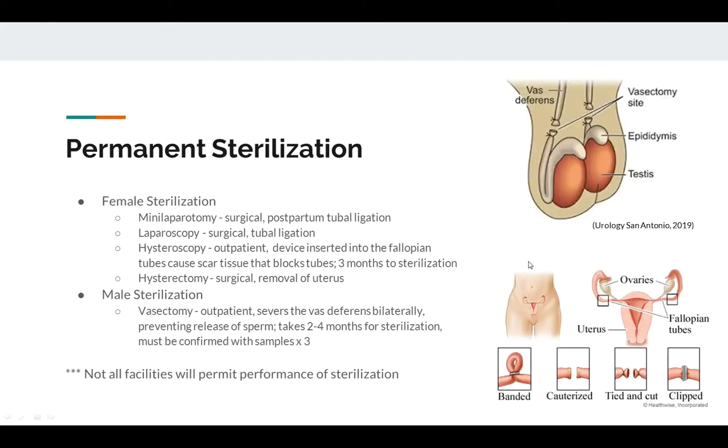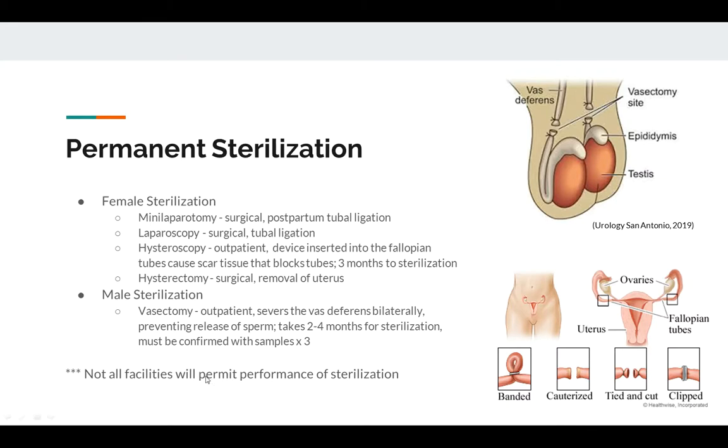Permanent sterilization is another option. There are several different ways of going about this. Male sterilization is typically safer and better tolerated, less costly, and has less recovery time. And it can be reversible, but it's not intended to be reversible. The longer it's been since it was done, the less likely you are to be able to have it reversed. Female sterilization can offer some non-reproductive health benefits. For example, patients have a lower risk of ovarian cancer and pelvic inflammatory disease after a tubal.